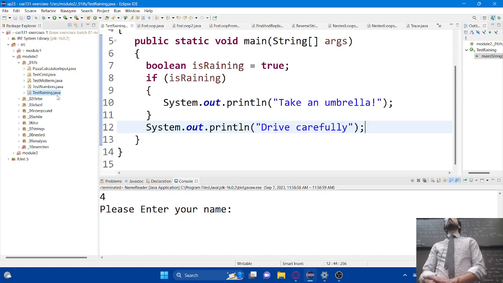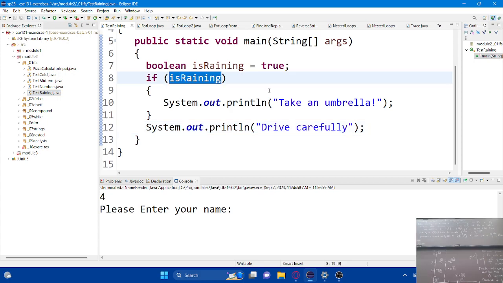That could just be a single variable. That's what we have here, right? A single Boolean variable. But it doesn't have to be that. It could be something more complex. In fact, oftentimes it will be something a bit more complex than just a Boolean variable. I could also, if I really wanted to, though this is perhaps a little unusual, just type in the word true or false, right? Those are Boolean values. So anything that will evaluate to either true or false is fair game to go inside of those parentheses. We'll see some more complicated examples later. For now, we'll just take a look at what we've got here.